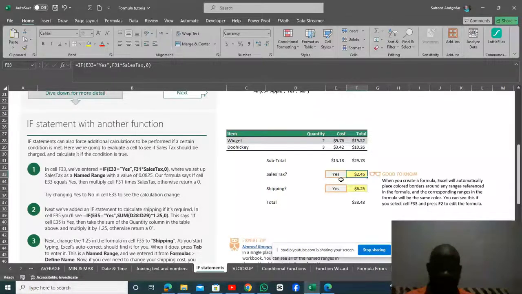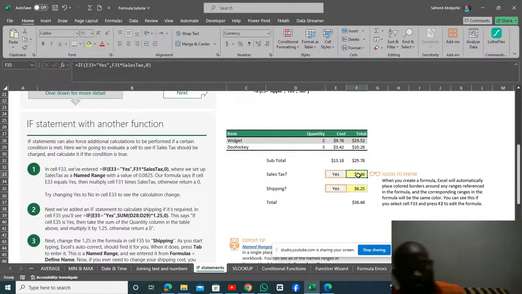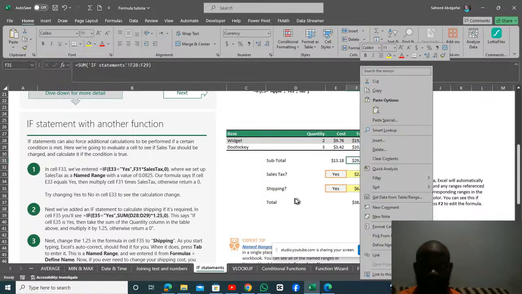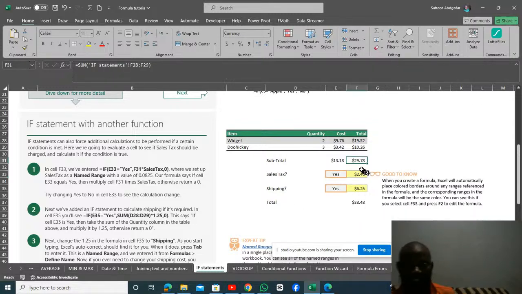The condition says that if this value gives us yes here, then ensure that you multiply this F31 by the sales tax. This is F33, this is F31. So multiply F31 by the sales tax. If the sales tax says that there should be sales tax included in this,